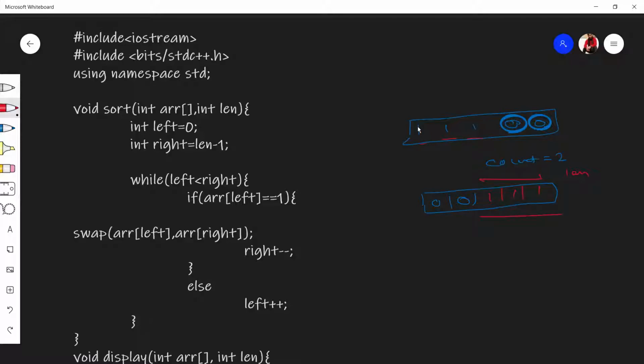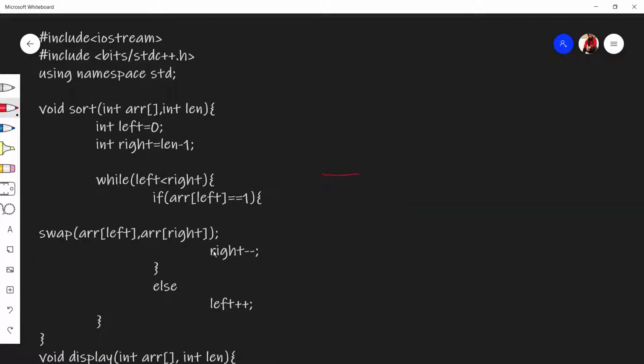We fill the remaining array with 1, and we just count the initial zeros. Like if there are 5 zeros, we'll just fill the starting array with 5 zeros, and the remaining length, length minus however many zeros are filled, 5, all of these will be filled by 1. But the optimized approach goes like, if this is an array 1 1 1 0 0,